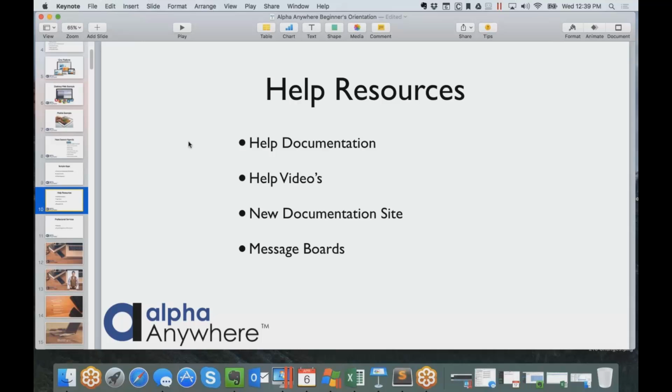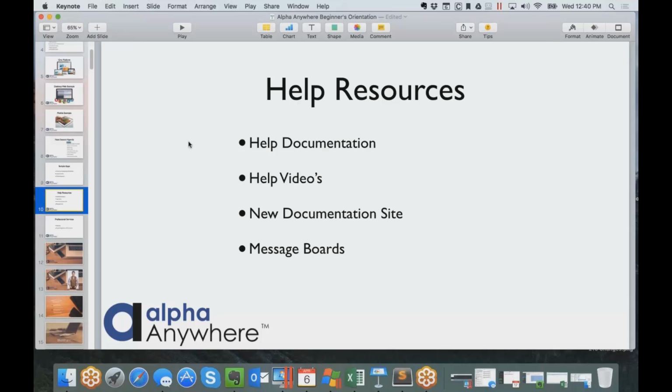And again, a lot of this content will be on the new documentation site. So our goal is more and more you go to one place to get your support and help. Instead of saying, oh, is it in here, is it in here, is it in here, we want to reduce that searching time and that time that you spend getting that information, and really focus on allowing you to get to it quickly, find it easily, and most importantly, consume it and get back into the game